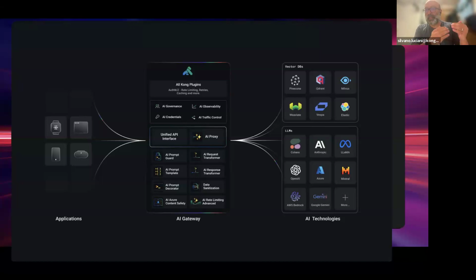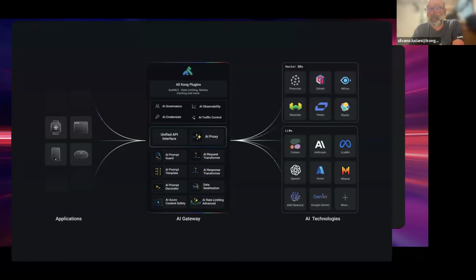Then there are a lot of plugins that allow you to extend the basic functionality of routing with authentication and authorization, rate limiting, caching, retries, and a lot more services.